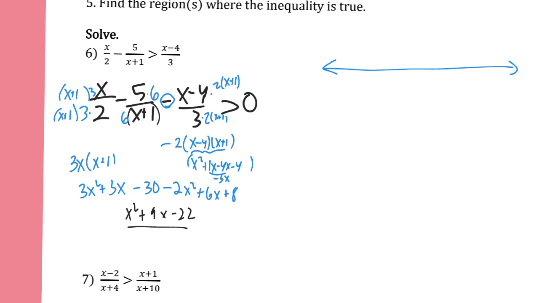And then it's over 6x plus 1, and that is greater than or equal to 0. Again, we've got to factor it to find the critical values. The numerator will factor. If it doesn't, we botched it. Okay, so we get